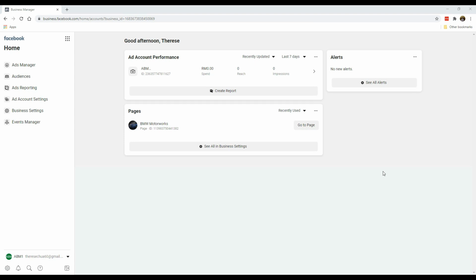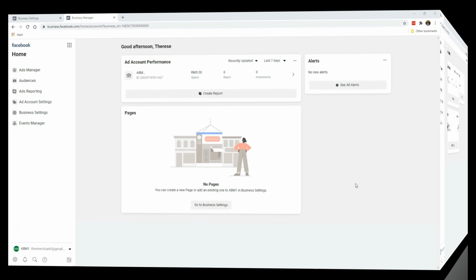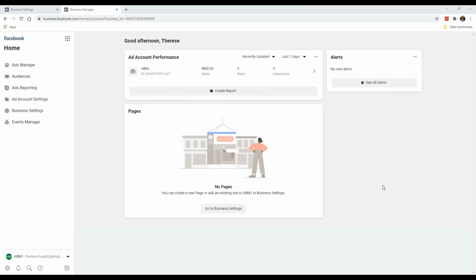Alright, so we're going to get our first look into the Ads Manager that we had newly created. And at this point, make sure that you have already accomplished the following steps. And that is, you had created a business manager account, and that's why we're seeing this. You had also created your ad account, and that's why we're seeing this. You had also added your payment method. Okay, so at this point, let's just do a quick recap. You had already created your business manager account, you had already created your ad account, and you might have also added your payment method and done some slight